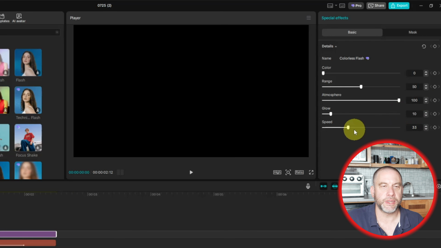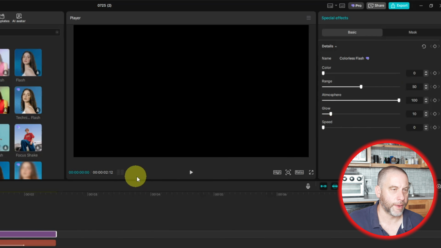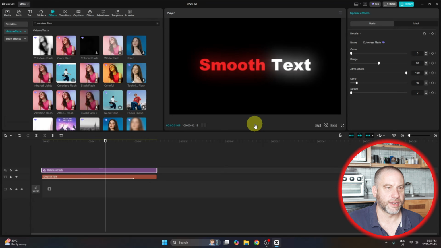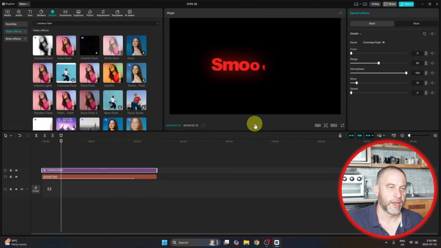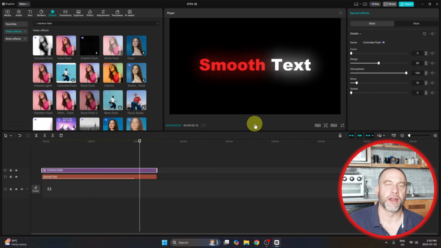Enter. The speed, I'm going to click on this and drag it to the complete left so you can see everything here. If you have to pause it, that's fine to put these particular numbers in. Okay. So I'm just going to play this, and it looks like that. That looks pretty good,